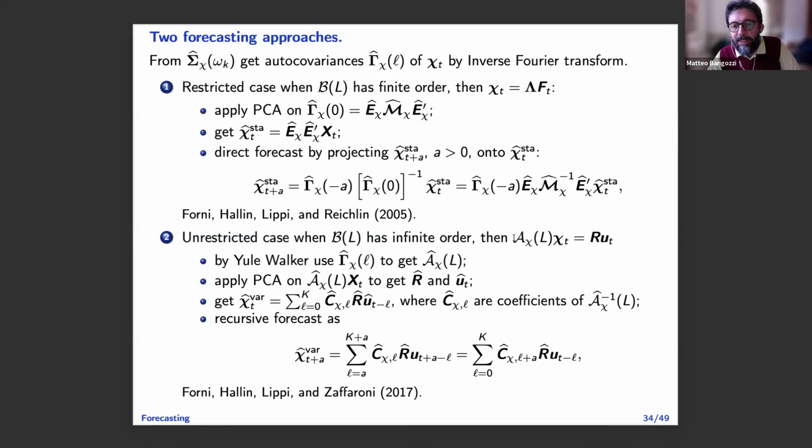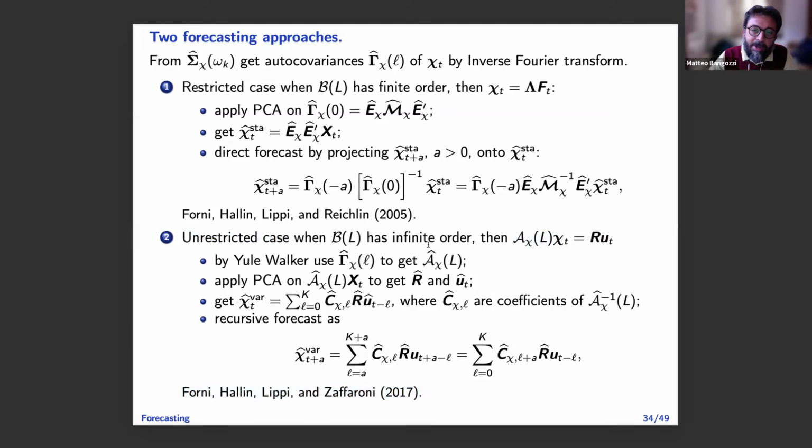Then it's complicated because, first of all, they show that, in fact, the common component can be written in this strange way. So it has an autoregressive representation. But in general, A of L will not be a full matrix. It will be block diagonal. But then how do you select the block? I will not tell you anything. There is a way to do that. This is the reference paper, okay?